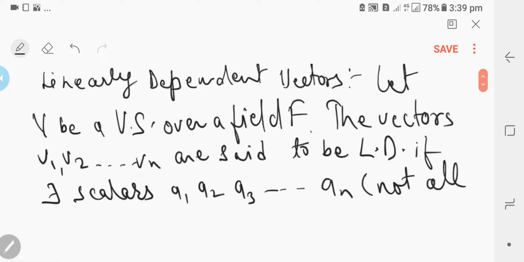That is the main thing in the definition of linearly dependent vectors, that these scalars cannot be all zero,